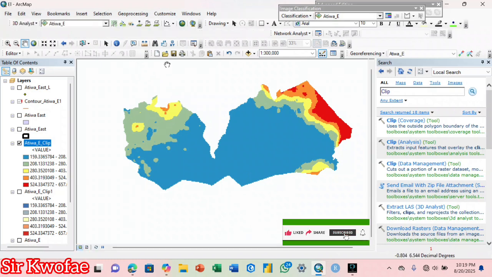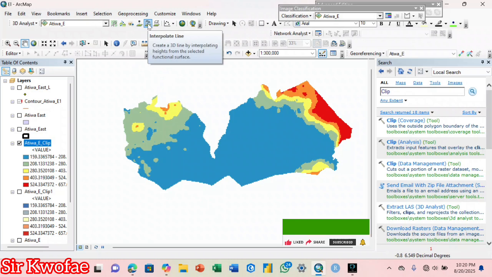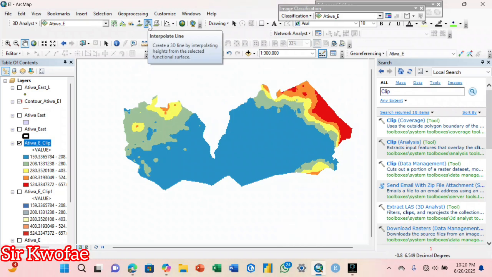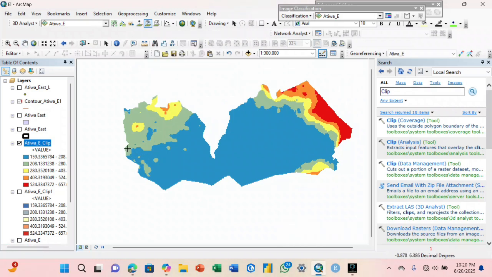You bring that toolbar, then you take this particular line, interpolate line, you select it. Let's say you want the cross section from this side to this side. You can even bring it down. Let's delete it. I didn't do it well. Let me bring it to the side. Have you seen that? After you are done drawing the line,